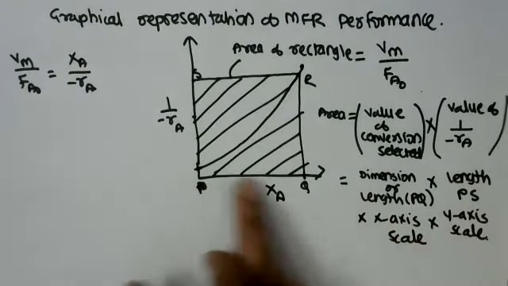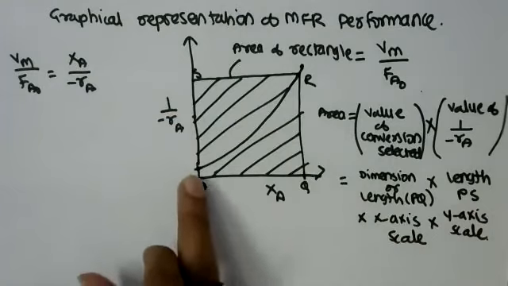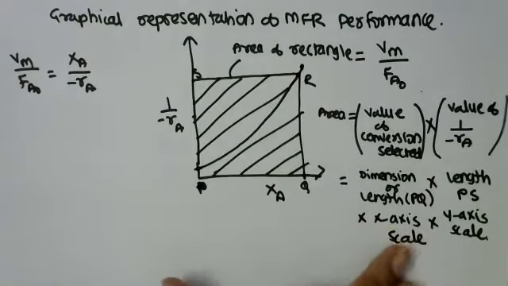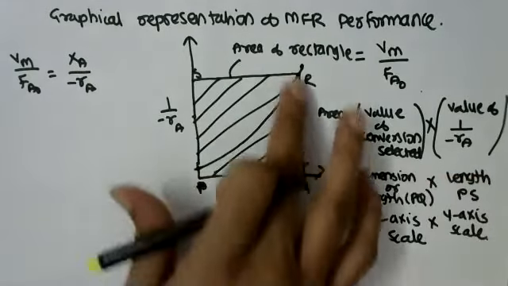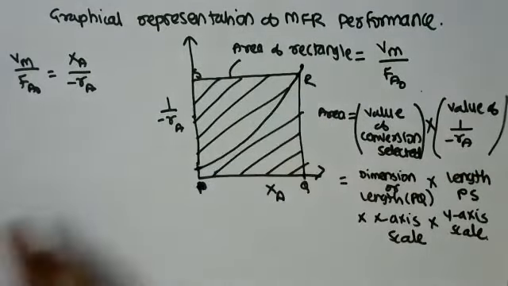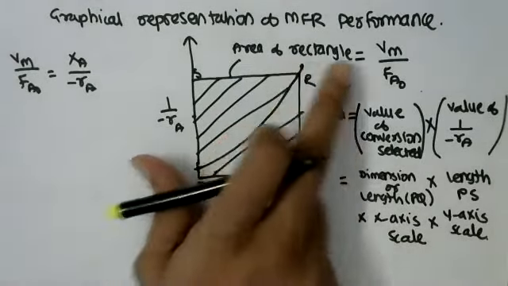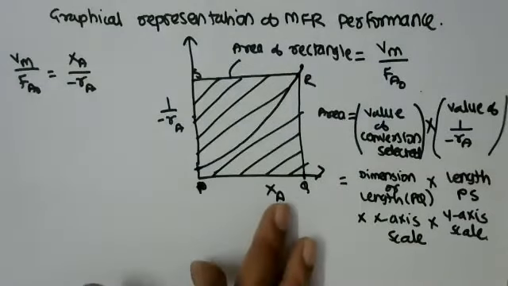If you directly consider the value of the conversion and the value of 1 upon minus Ra for the selected point or for the selected area, then you don't have to multiply with the x-axis scale or y-axis scale directly. Just by a multiplication of the values, you can get the area. And once area is obtained, just multiply by molar feed rate Fa0, you will get the volume of mixed flow reactor. Now it is possible to calculate the volume of mixed flow reactor required for a given conversion.